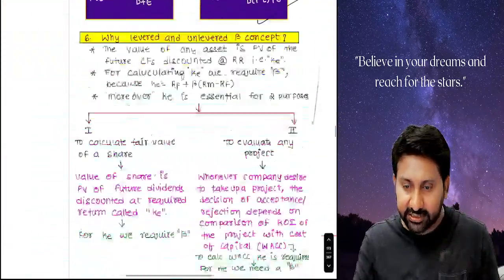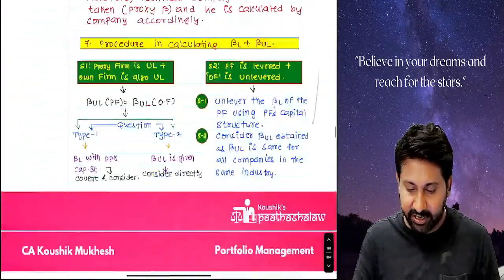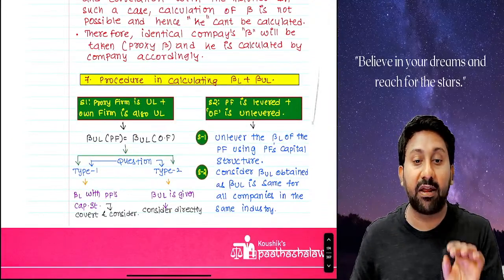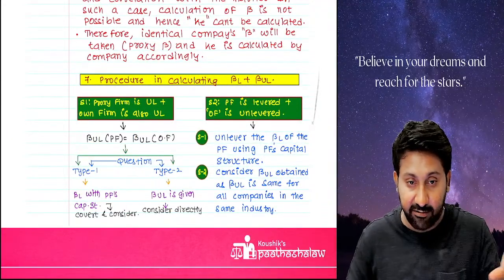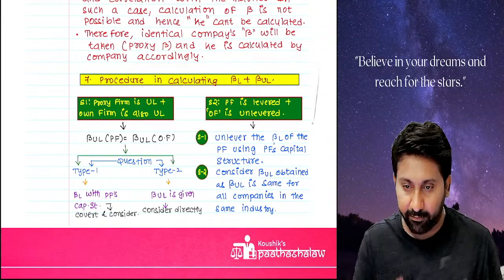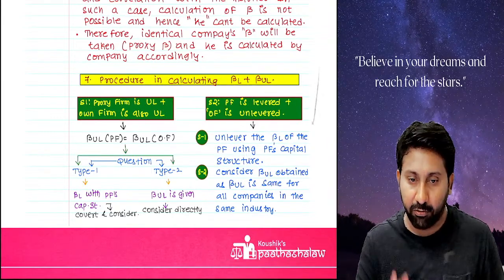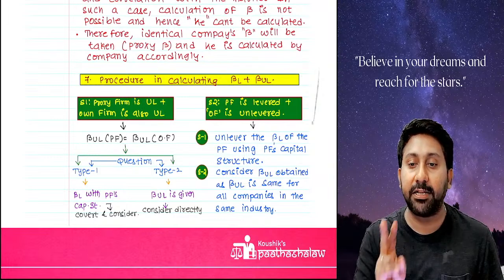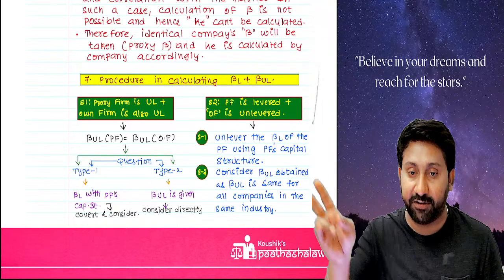Now the question arises, why this formula, how will the questions be tested? See here. Whenever a company is going for an IPO, or whenever a company is going for unrelated diversification,